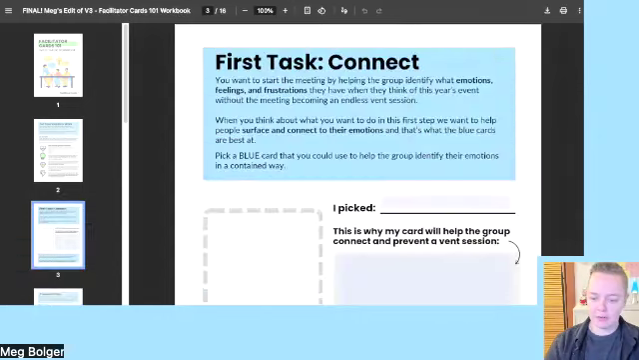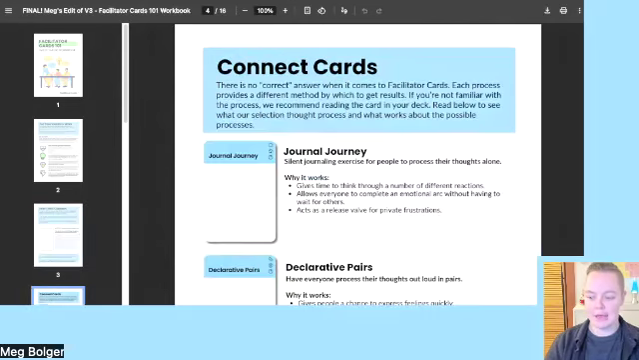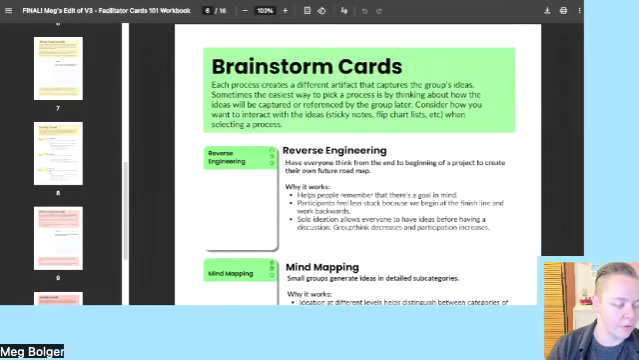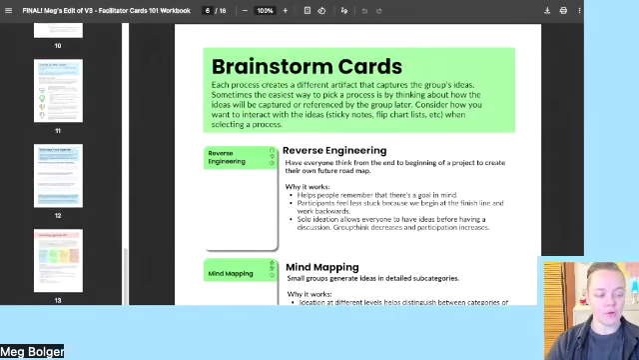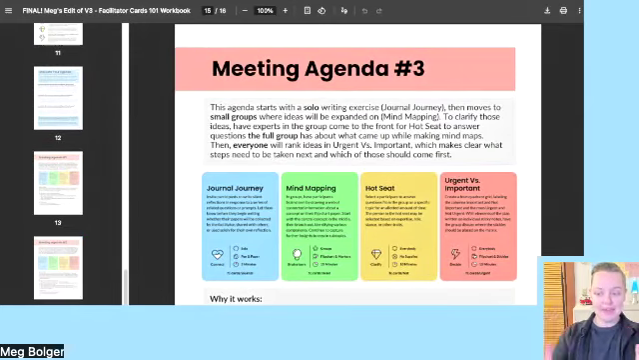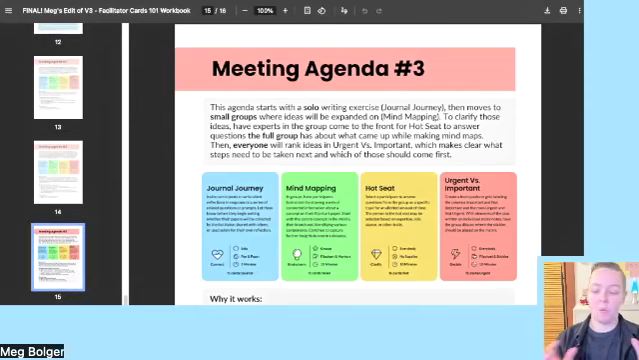So every time we ask you a question, we will give you three answers that are possibilities of what you could have chosen. These aren't the three correct answers, right? There's one for the blue cards, one for the green cards, one for the yellow cards, and one for the red. And then we will also give you three full meeting agendas